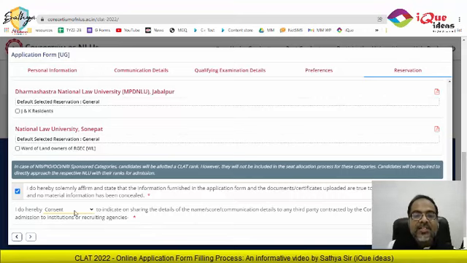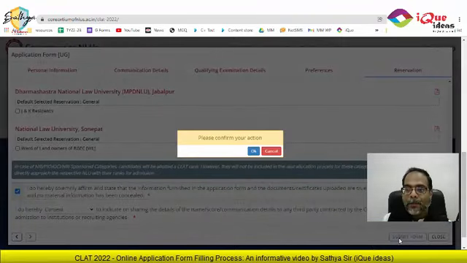Right? In case you say you have given your consent, then all these details will be shared by the consortium to third parties, which could include institutions or recruiting agencies. So please be very careful on whether you actually want to give your consent or not. Once you have completed this formality, click on submit form.